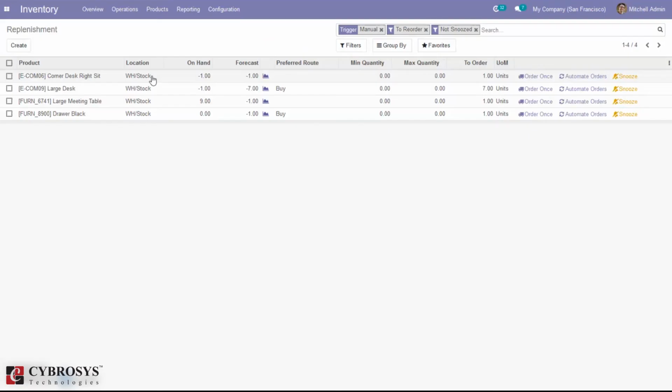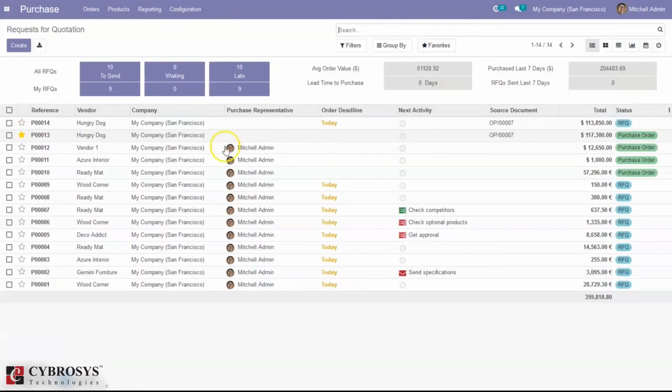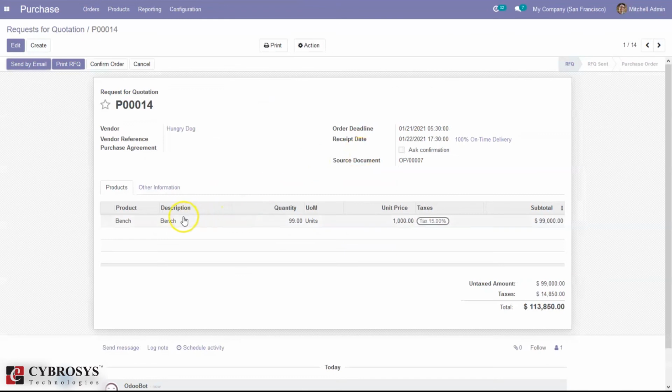If you do that and check the purchase, you will see an RFQ automatically generated. You can see the vendor name, and an RFQ for bench generated for quantity 99. From here again we can confirm the order and refill the stock.